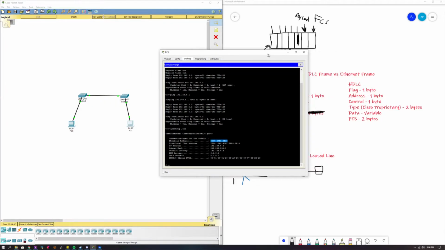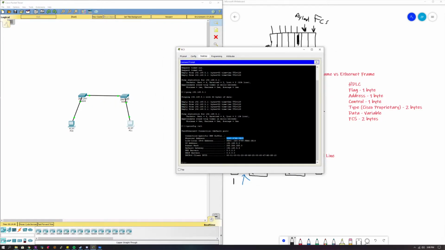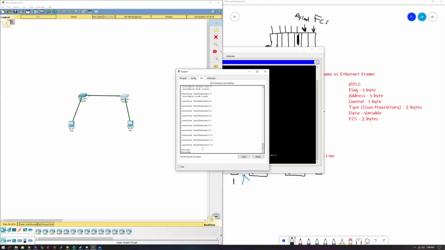And whenever a source MAC address comes in, the switch recognizes it on this port. So if we do show mac address-table, we can see on port FA02 that